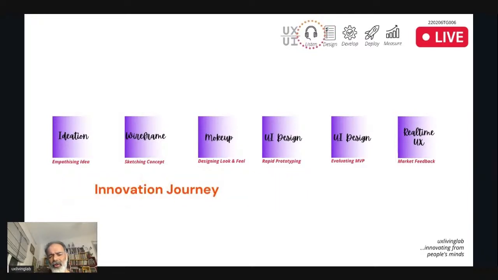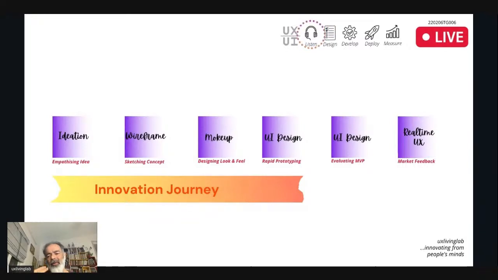Then the prototype is slowly developed towards minimum viable products. That means the front-end designer also, or some programming aspects you can do to your prototyping. Then it comes to a minimum viable product stage. That's also a UI design stage. Then the front-end developer will develop, or the back-end developer will support the front-end developer. Then the product is launched.